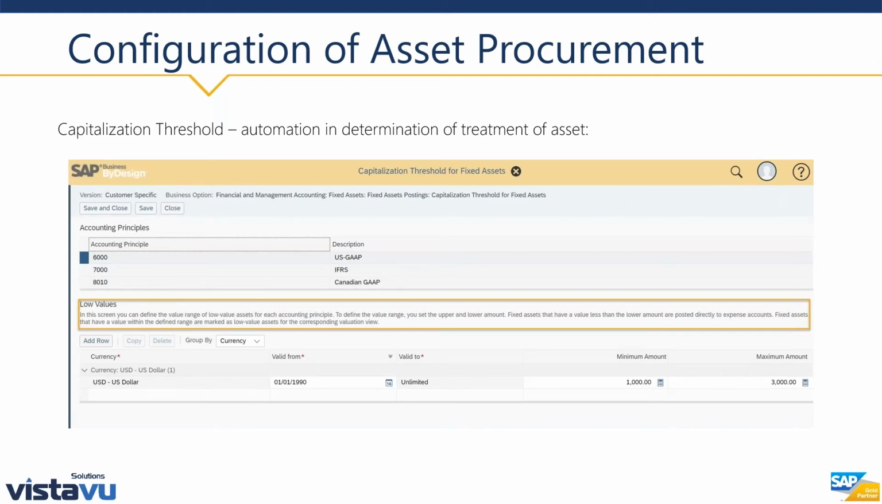And I've highlighted in yellow in the center, this is a comment you'll see on the screen, an instruction, which explains that in the screen you can define the value range of low value assets. You do that by accounting principle. So right now I've highlighted US GAAP, and I've set up a threshold with a minimum of 1,000 and a maximum of 3,000. So what that means is there's actually 3 different tiers in this setup,